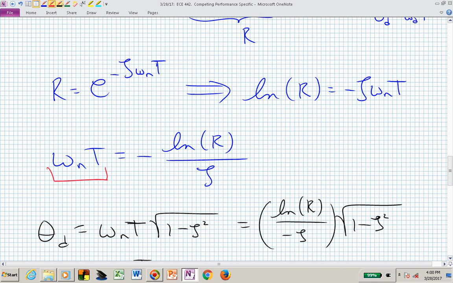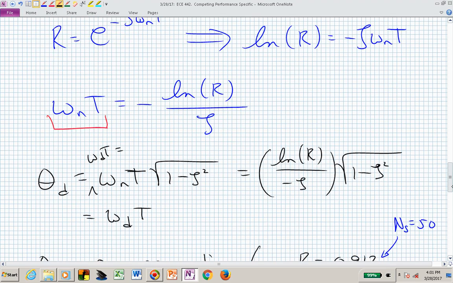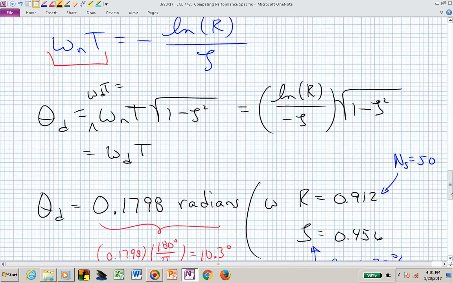Maybe I should have said that here. This is now omega sub d t, where omega sub d is, in fact, omega sub n times the square root of 1 minus zeta squared. We replace the factors that we know numerically, capital R and zeta, and we can compute then theta sub d to be,